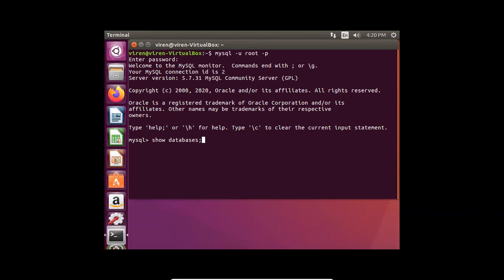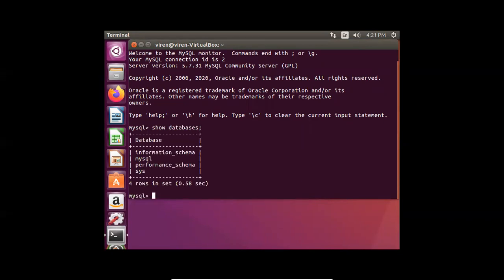I have given the query as a command, that is show databases. This command will display whatever databases currently exist, which are already created, and it will display the names of the databases. Okay, so now I will enter.